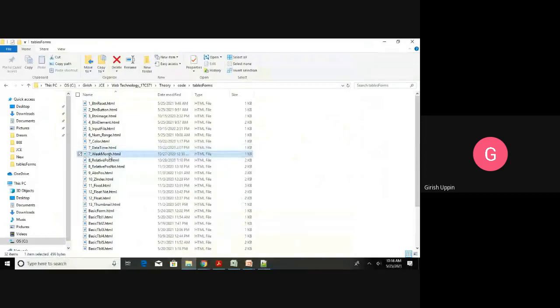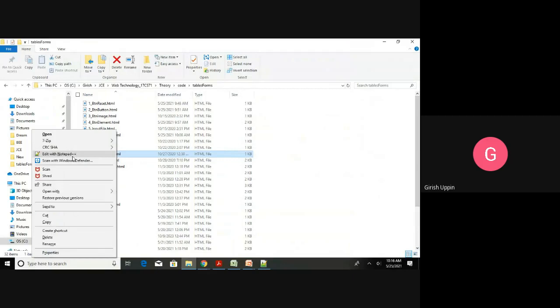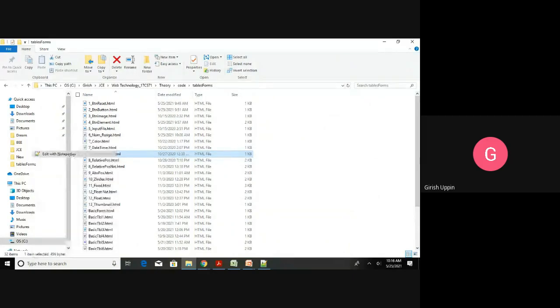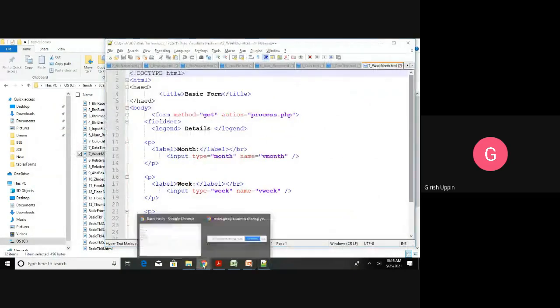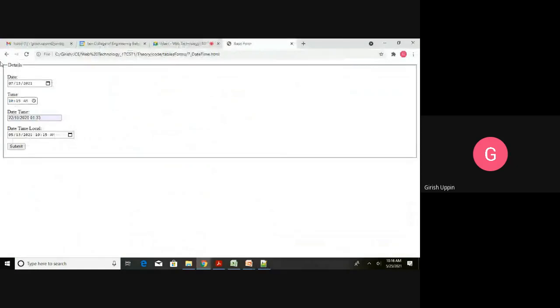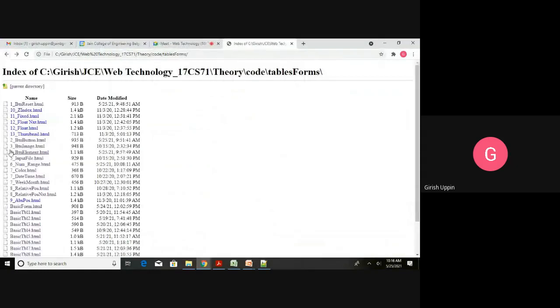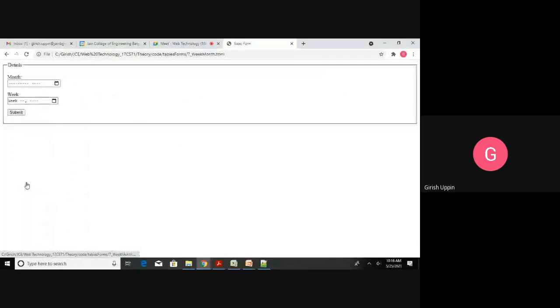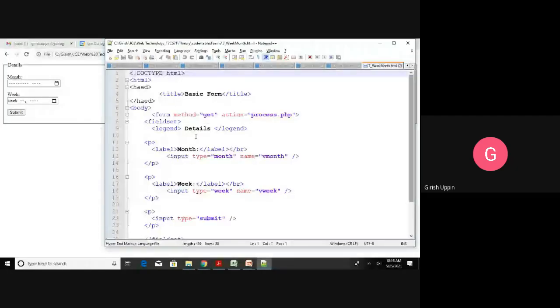okay, I have one more HTML where you want to just select the month. This is week month. This is the source code. Label month. Then I have type is equal to month, and next one is week. Type is equal to week.